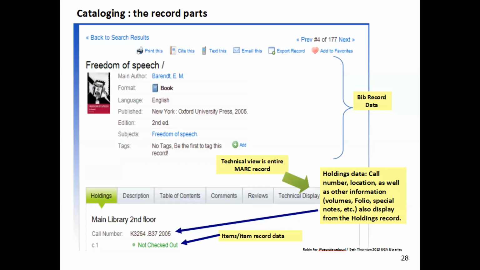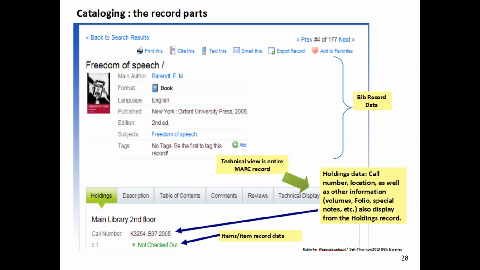So if we look at, and I would say one of the things that I would encourage you to do is spend some time looking in your own ILS and maybe pick a couple of other ILSs to look at. You know, go into the Library of Congress catalog and take a look. And what you're going to be looking for is you're just going to be kind of taking a look at all of these different little labels here, like main author, format, published, that kind of stuff. And then what I would suggest you do is take a look at that, and you'll have a MARC cheat sheet that you can use to do this with,